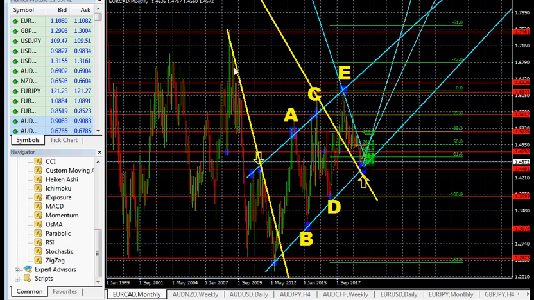You can see the market is in a downtrend here. Then we have a short-term uptrend in the form of a channel: a run, a pullback, a run, a pullback, a run, a pullback. And in technical analysis, once we have higher highs and higher lows, we classify it as an uptrend.